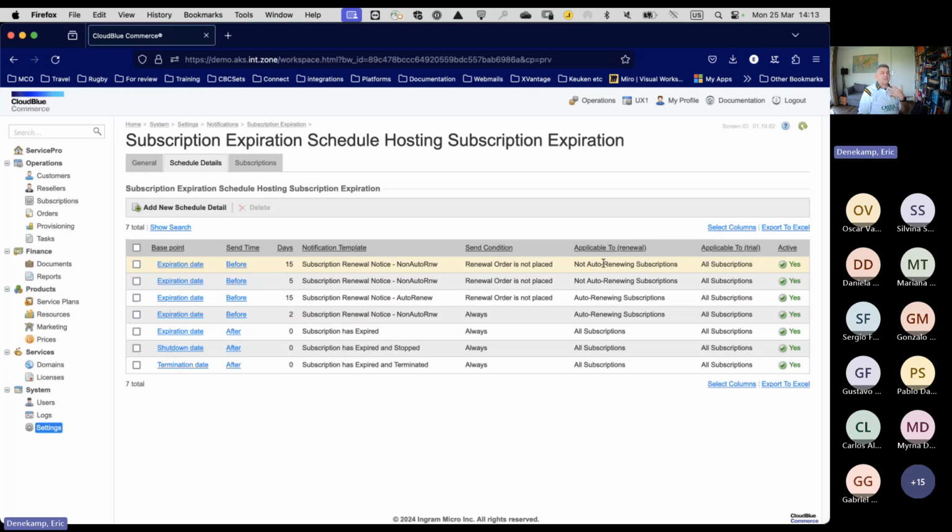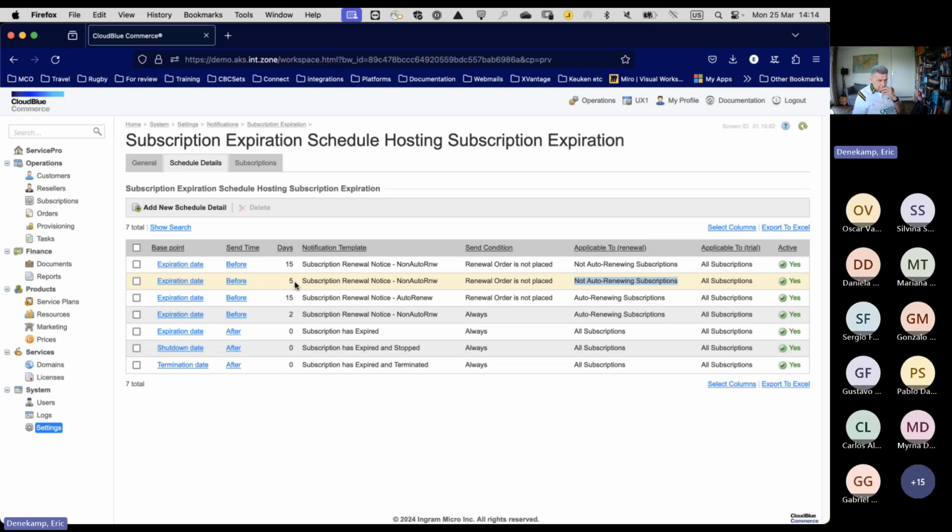No, we send it only to subscriptions that do not have auto renewal enabled. This one as well. So for a non-auto renewing subscription, we send a notification 15 days before and 5 days before expiration,